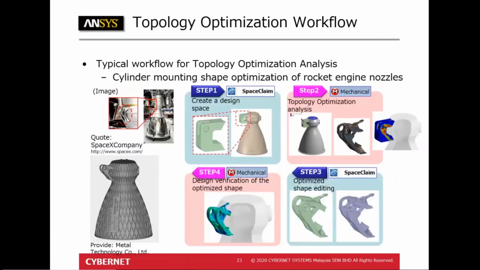Okay, next we have the topology optimization workflow that you can expect when you're using ANSYS Mechanical. Here we have a typical workflow for topology optimization. For this particular example, this optimization will be for a cylinder mounting shape of a rocket engine nozzle. By the way, this example features ANSYS Mechanical. So as you can see, for the first step here,